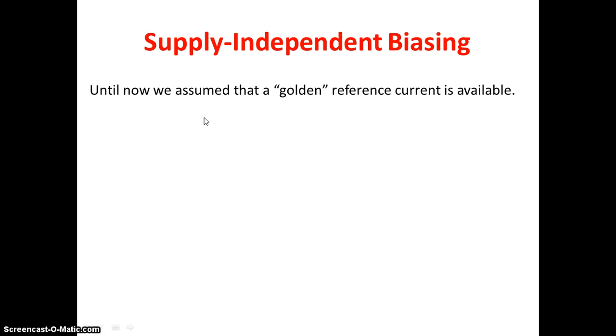Until now, in our basic current mirror circuit, or everywhere we have considered, we have simply assumed that we had a golden reference current or voltage supply. It is not going to change with respect to temperature or those kinds of things. This is the simple circuit we have considered for current mirroring. This is the I reference. The same current will be reflected across here if the width and length of the MOSFETs are identical. If it is varying, we are going to generate a proportional current.